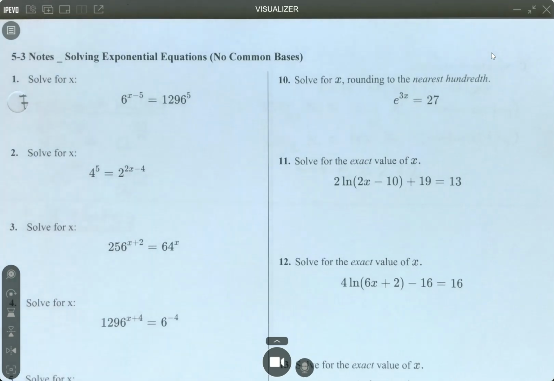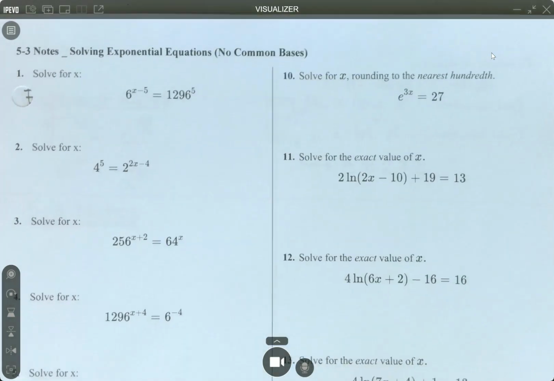Lesson 5.3 is a continuation of the solving of exponential equations and logarithms that you were seeing in 5.2. But up to this point, most of the time, especially with exponential equations, you were solving them using the common base method. So let us start off first with reviewing or warming up with the first 5 problems on this